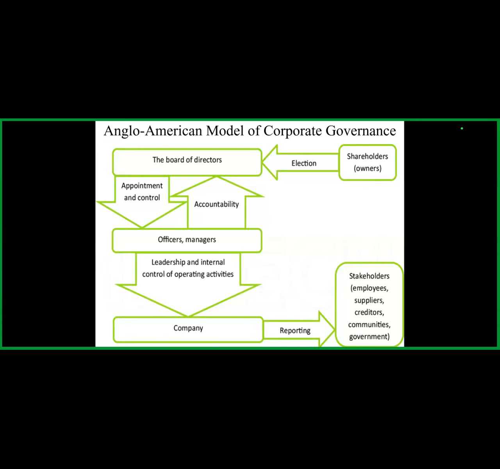The highest level, of course, is enjoyed by the board of directors. It is there in India also, and in many other countries. We will see the same hierarchy: the highest authority which can make the policy decisions or any important decision related to the functioning of the company is called the board of directors. Here in India also we call it the board of directors.